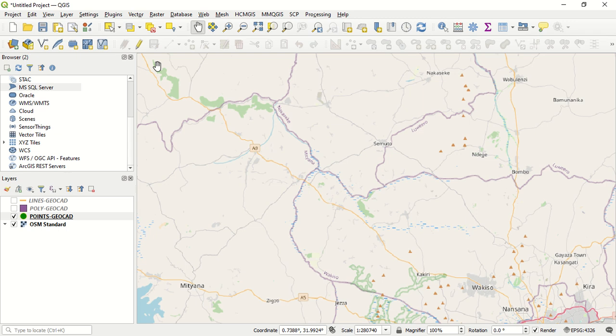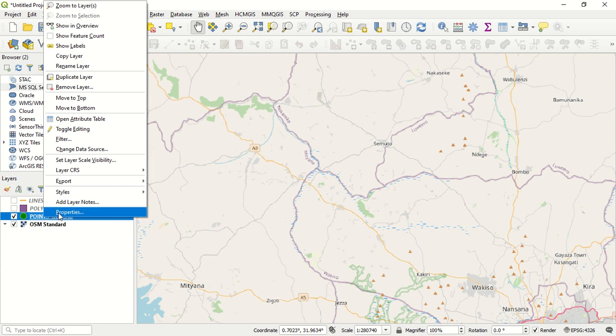Previously we had seen how to create layers, basically point, lines and polygon layers. So now for this tutorial, we are going to see how to add data into the points layer. So to begin with, let's first turn off these layers. As you can see, I've already turned them off. Before we begin adding in those layers,